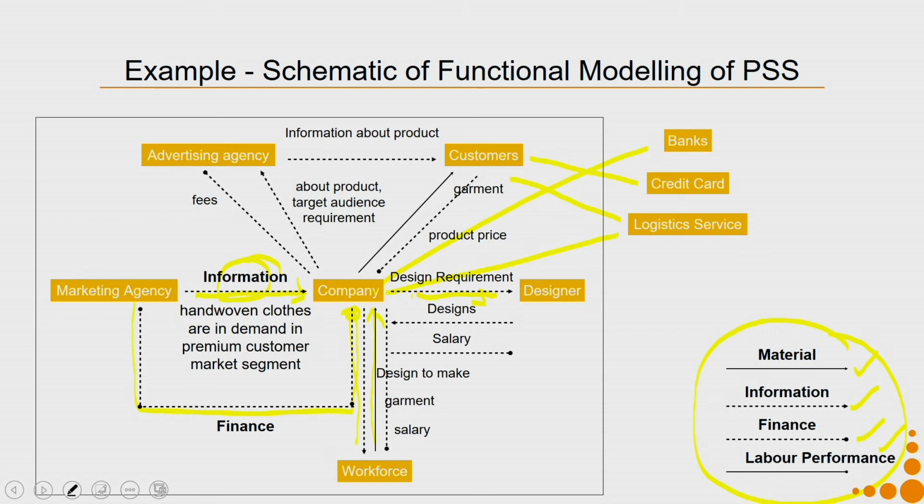Say for example, if I change my idea of what kind of PSS I want to design, I might say I want to have a company which also owns its logistics. So, logistics is a separate department. Then this whole thing comes inside the system boundary. So, depending on your design aim at a given point of time, you as a designer have the freedom to decide which stakeholders you will put inside the system, and which stakeholders you will put outside the system.